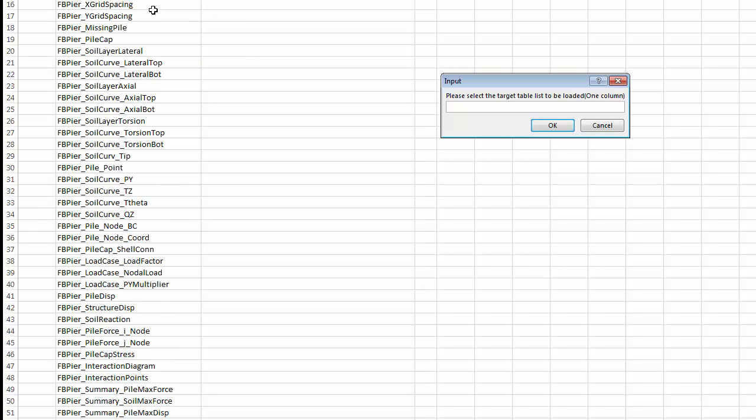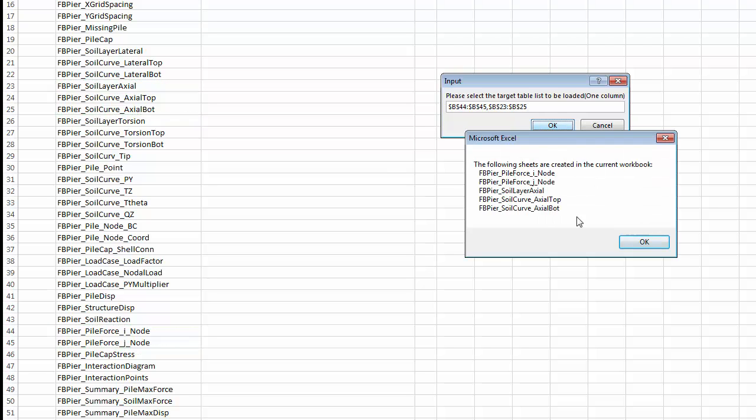In this case it is column B. Any items in the table, let's say we want to load these 2. You can load other tables as well. Let's just say we want to load soil layer, or these 3 additional tables. So we can hit OK, and all of these are loaded